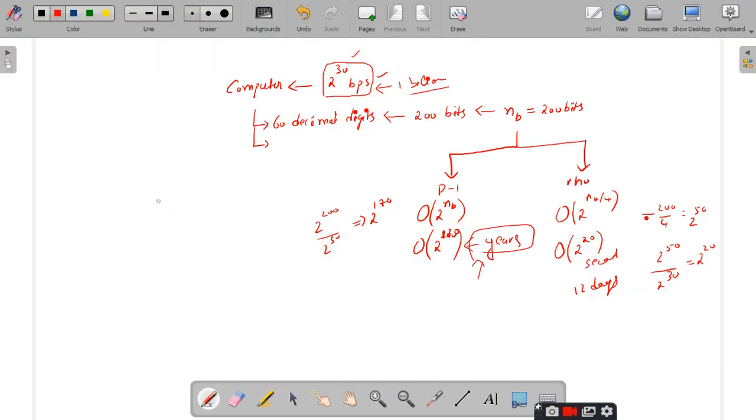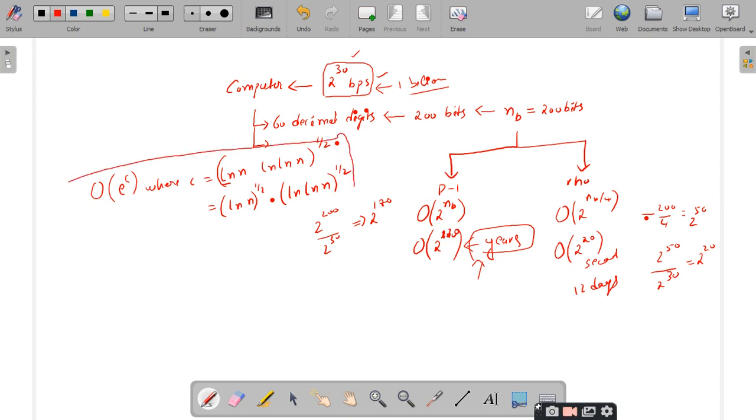So in the quadratic sieve, the complexity is given as big O of e power c, where c is expressed as ln n, right? ln stands for log n. ln n into ln ln n, whole power 1 by 2. This you can also express as ln n power 1 by 2 into ln ln n power 1 by 2. Is it clear?